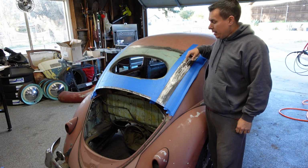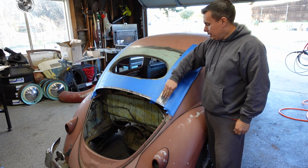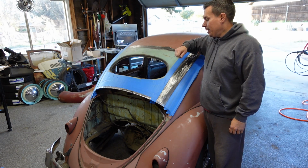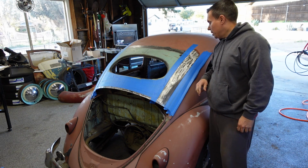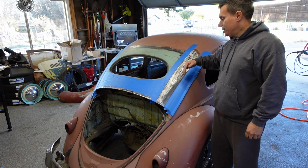So I got the bug all sanded down and back masked. I'm going to spread the two sides first, and then let that dry, and then back mask across here and go across the bottom on the second pass. The main thing is to take your